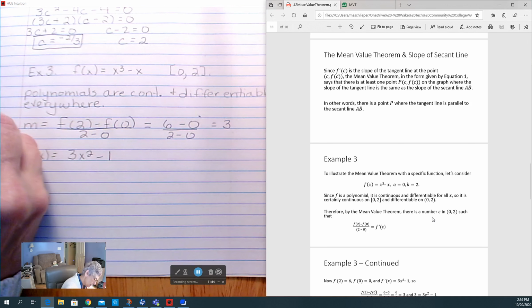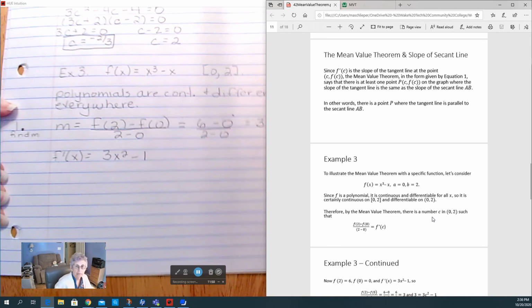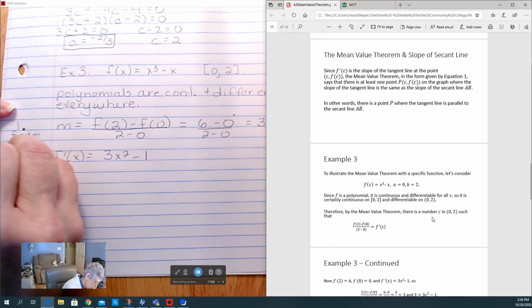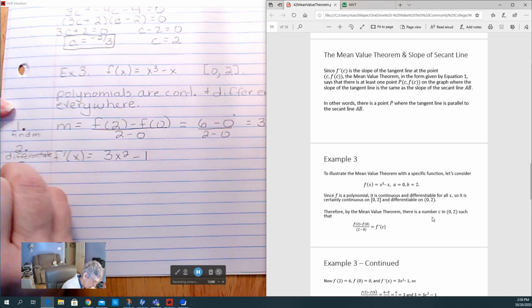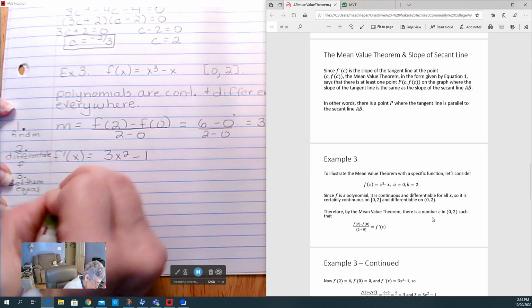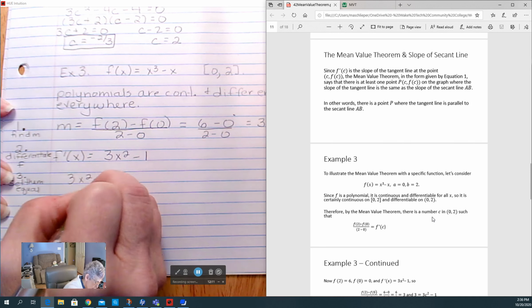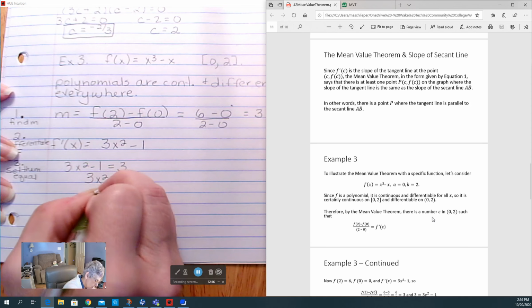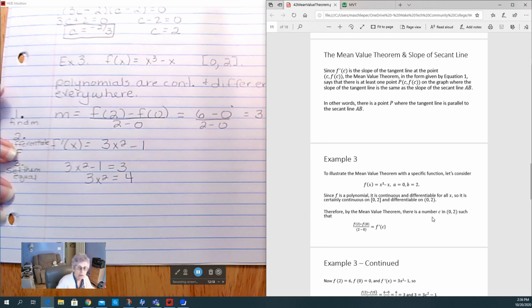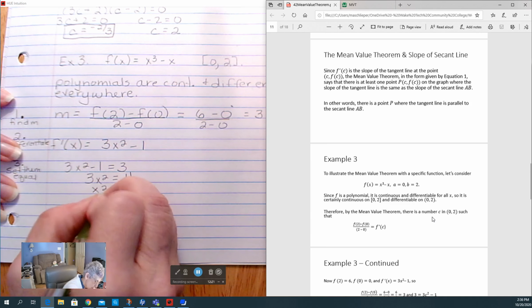So step 1, find m. Step 2, differentiate. Step 3, set them equal. So 3x squared minus 1 is equal to 3. So 3x squared is equal to, add 1 to each side. So x squared